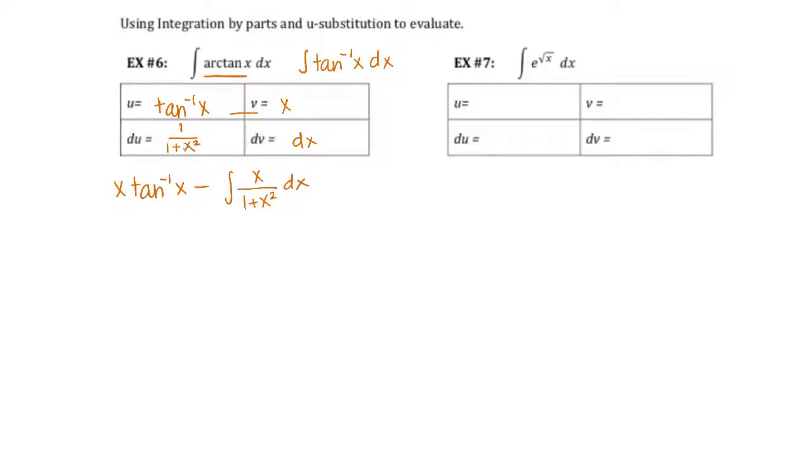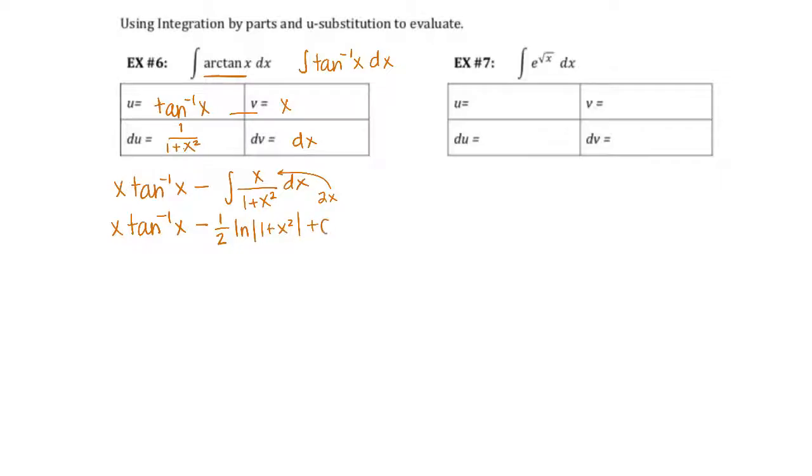All right, so now we've got something a little bit more familiar for doing our integration. This part here should be a natural log for us. So we have x inverse tangent x minus, notice that if we did the derivative of the bottom, we would get 2x, but I only have an x in the numerator, so I need to balance this with 1/2. The derivative of the bottom is the top, so that's going to be natural log,